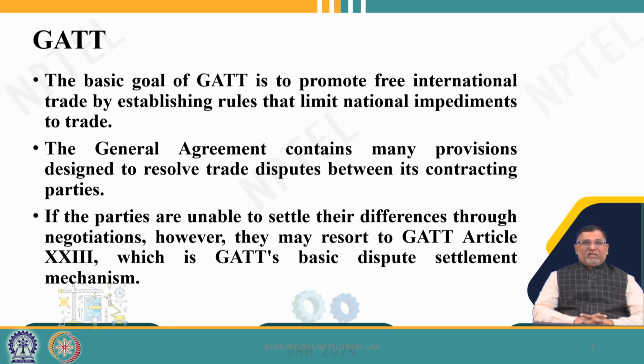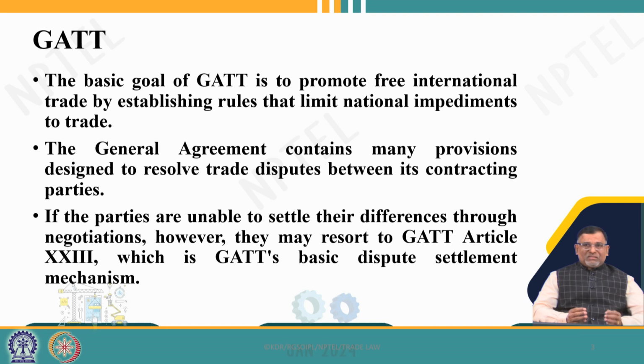The objective of GATT, the single objective, was to promote international trade by reducing tariffs and removing impediments to international trade. So, all the tariff and non-tariff measures removal happened between GATT 1947 and the WTO agreement in 1995. Initially, GATT was set up as a bundle of agreements to reduce tariffs,